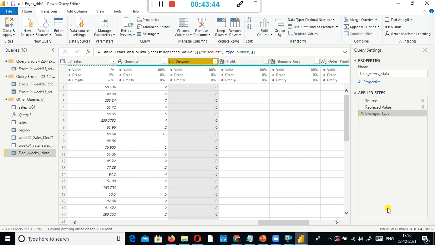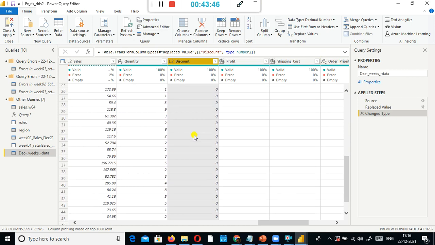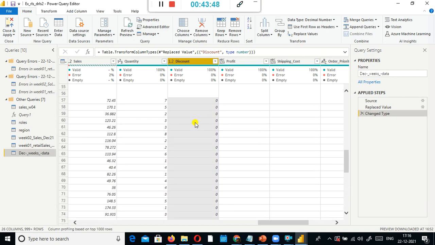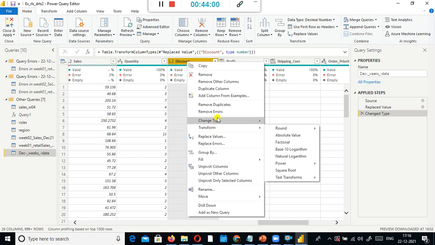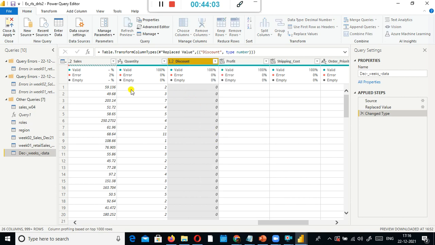Because a null value or blank value has no meaning. If you try to convert a column which has a null value, you cannot convert it, right? So instead what you do is you replace the null value.